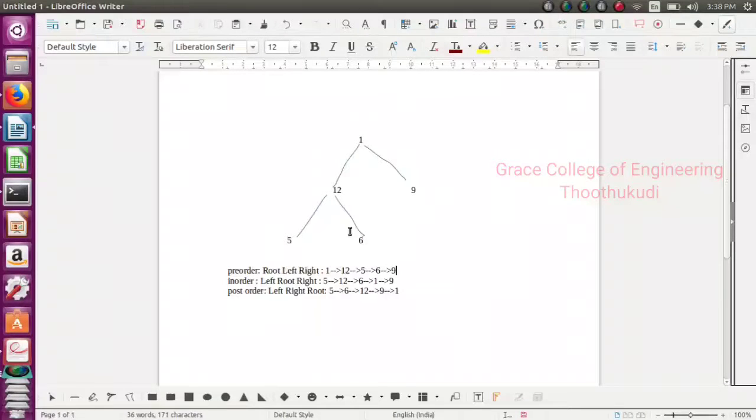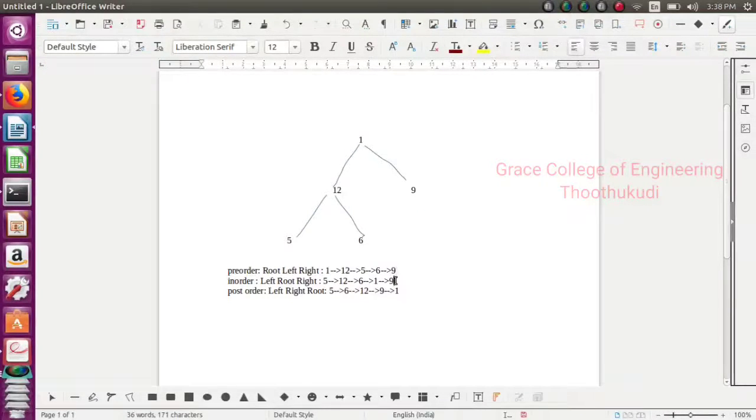Then in-order. In-order means first process left, then root, then right. First move to the left. 1 is not a leaf, so move to left. 12 is also a root of 5 and 6, so move to left and write 5 first.